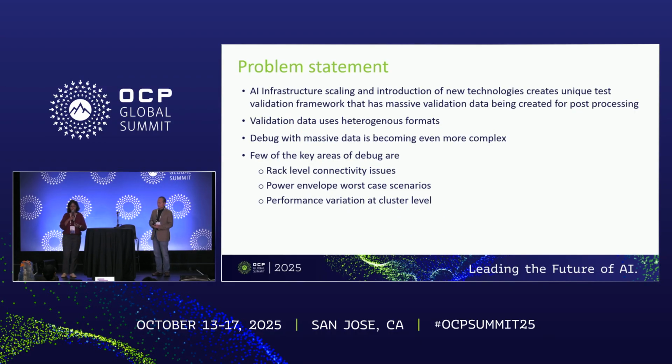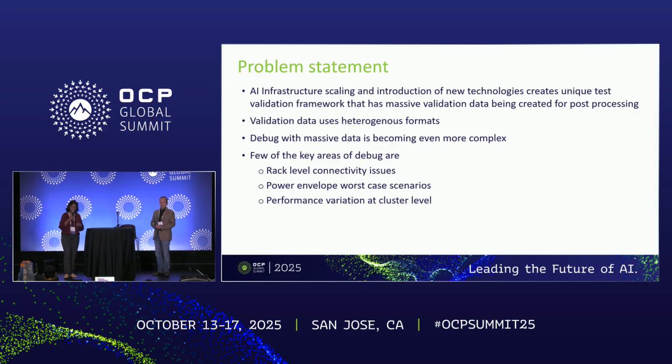Okay. So problem statement. As we all know, AI infrastructure is scaling at a very rapid pace and has massive validation data as we strive to qualify and test these systems before we deploy. Validation data uses heterogeneous formats. So if you're familiar with in-band and out-of-band data collection, every test toolkit that we use has its own unique format sets. There's a lot of standardization, as you have seen, happening on the out-of-band path, but the in-band has still a lot of way to go with respect to the diagnostics and other aspects that are collected through the